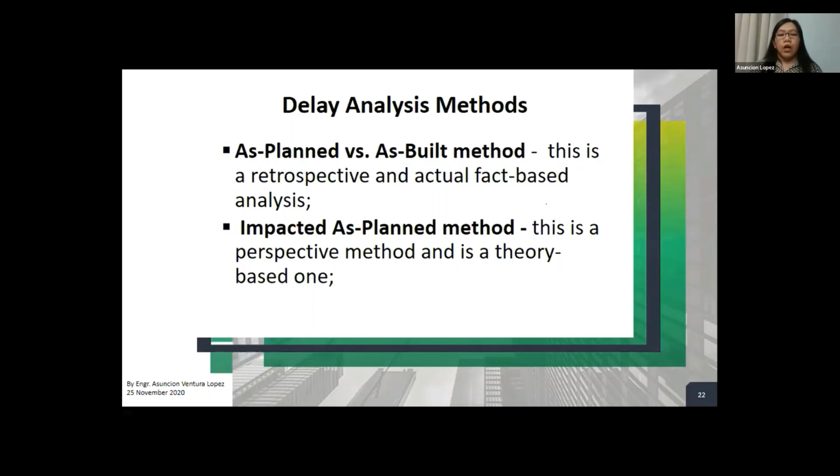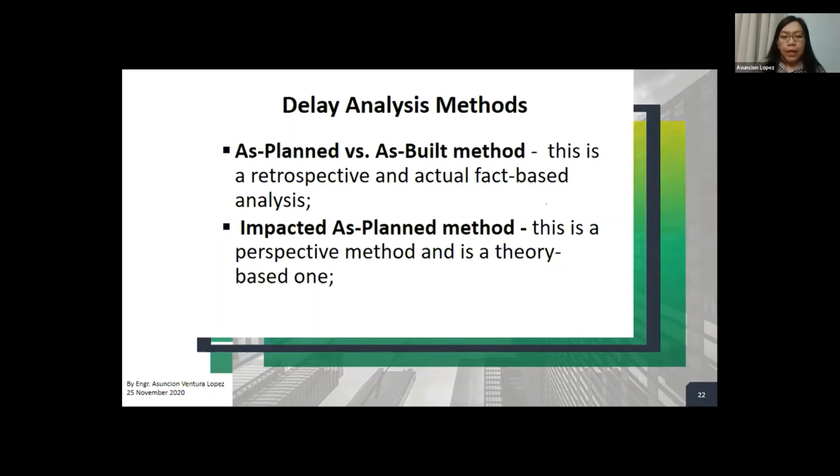Today I will only be identifying the available delay analysis methods that can be considered when you are preparing the EOT.